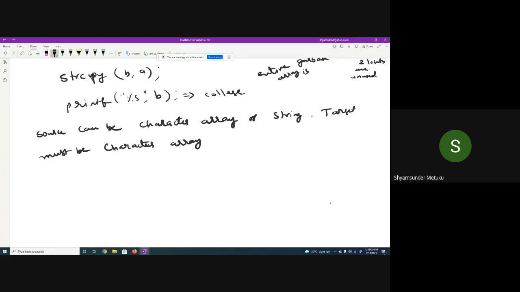I'll tell you an example. The strcpy function copies a string into an array.